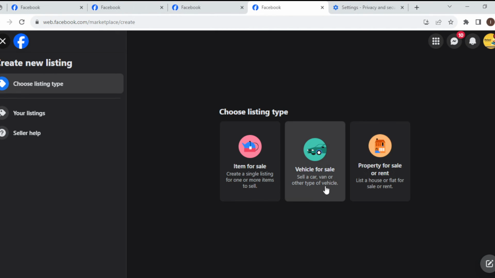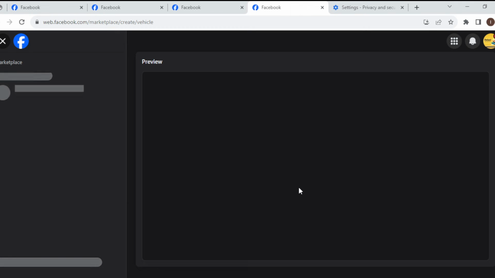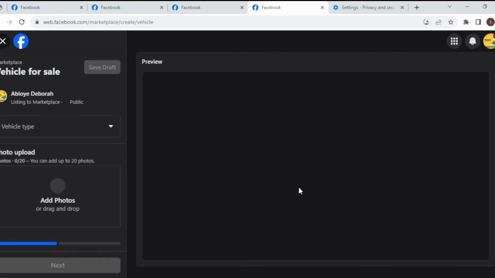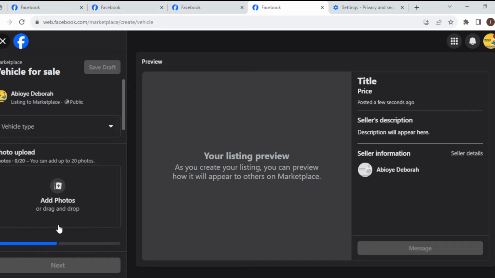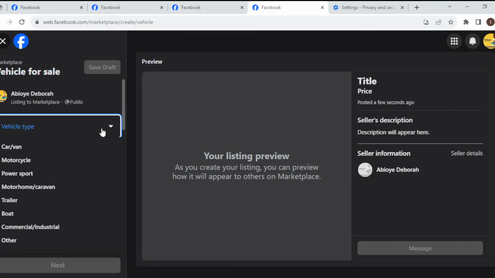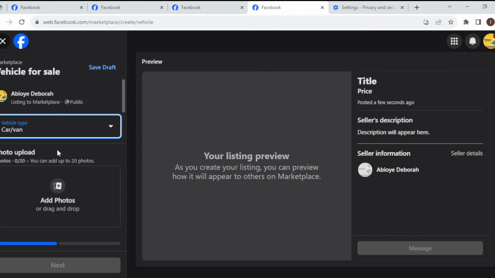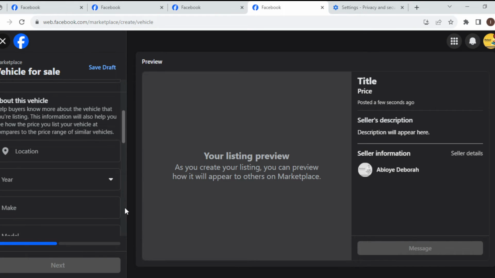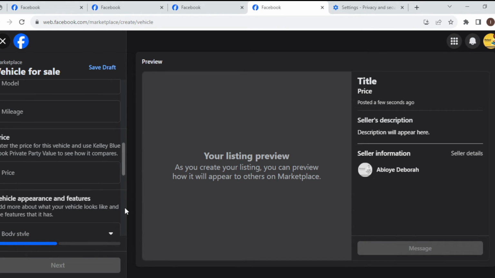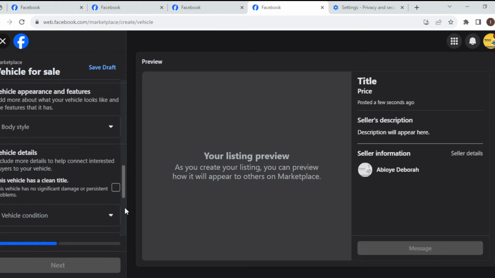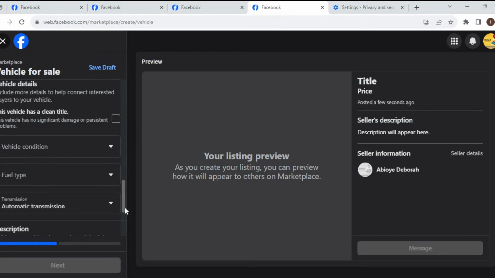In this tutorial, we'll be choosing a vehicle. So just click on it. And once you click on it, you'll be redirected to a page where you can edit the product. So yes, you select the vehicle type by the left side of the screen. For example, we'll be selecting car or van in this tutorial. Then you scroll down, add your photos, location here, make, model, year, price, body style, bed conditions, and then